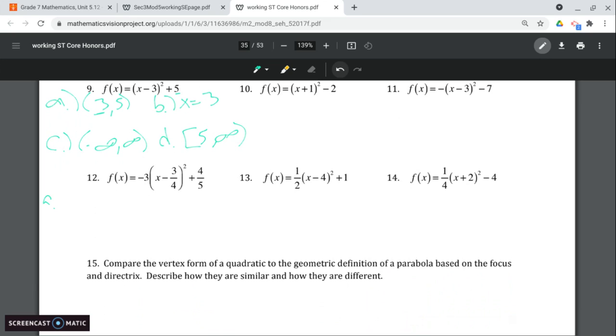So like on 12, our vertex is, oops, not negative, is (3/4, 4/5). Our axis of symmetry is x equals 3/4. Our domain is from negative infinity to infinity, but our range is the one that's affected. Our range is going to be from negative infinity to 4/5, because now that 4/5 is the maximum value because there's a negative on the 3,